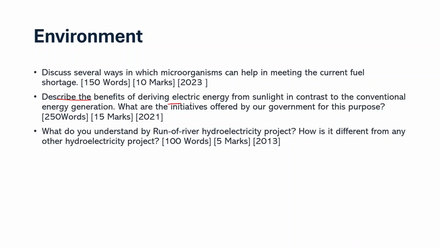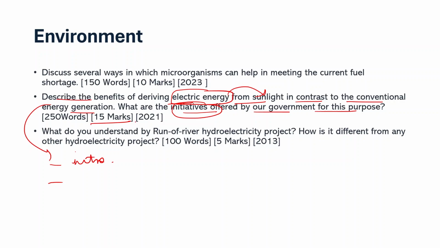Then: Describe the benefits of deriving electric energy from sunlight in contrast to conventional energy generation. What are the initiatives offered by the government for this purpose? Okay. So again, what is the question talking about? Benefits of electric energy from sunlight in contrast to conventional energy generation, and then the initiatives offered by the government for this purpose. Notice that this is a 15 marker. So what you do is